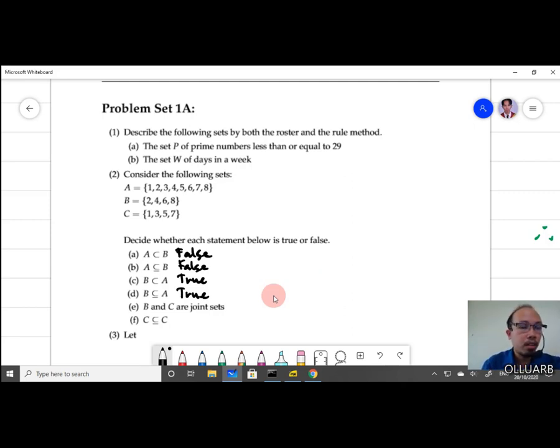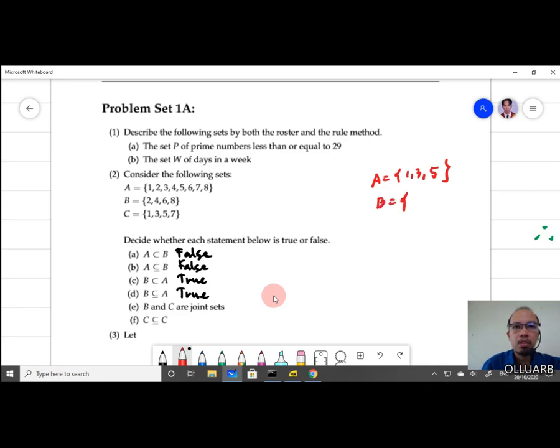So what is the difference between proper subset and subset? Okay, so as you can see here, this is true. B is a proper subset of A, but B is also a subset of A. So what's the difference? So for example, if your A is 135 and your B